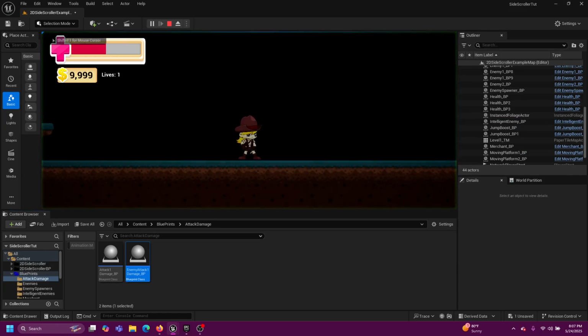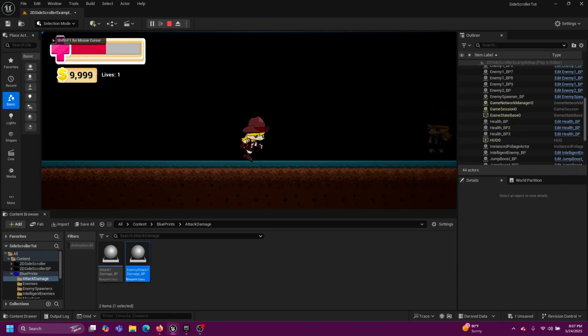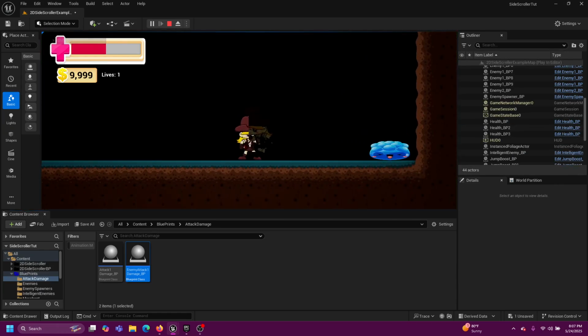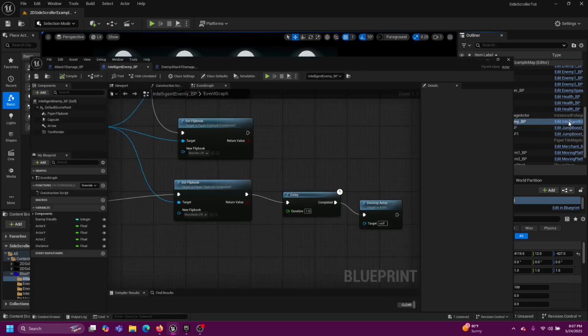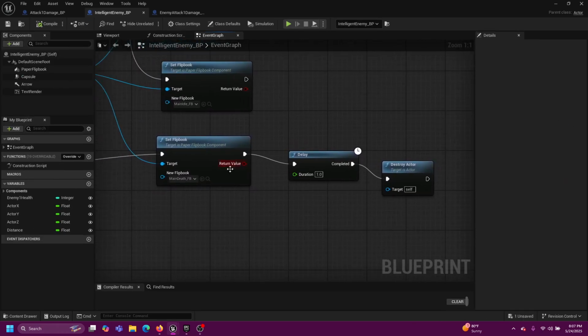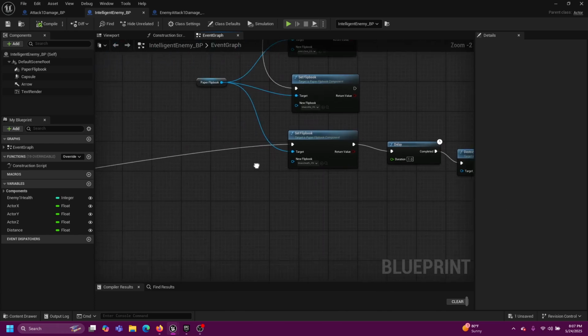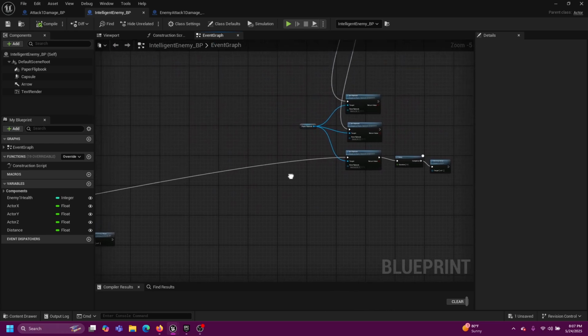See how that does. It worked. So after death, we give it 1 second before we destroy the actor, and we need